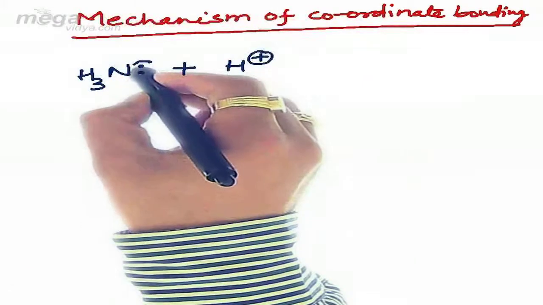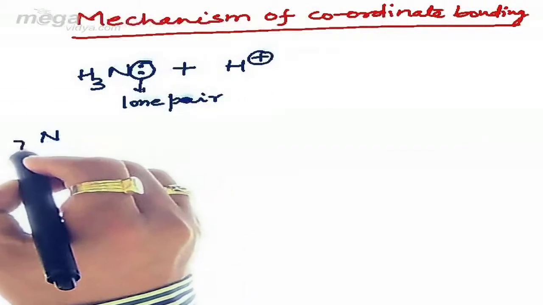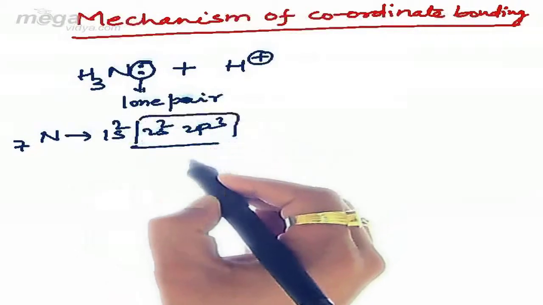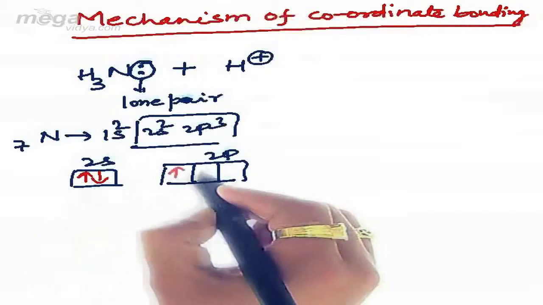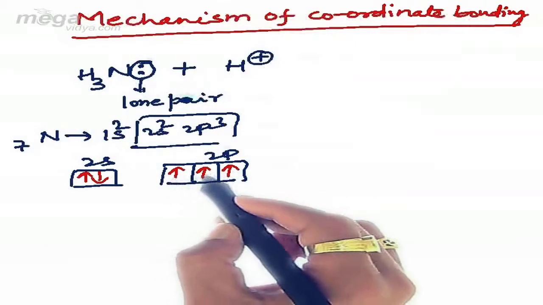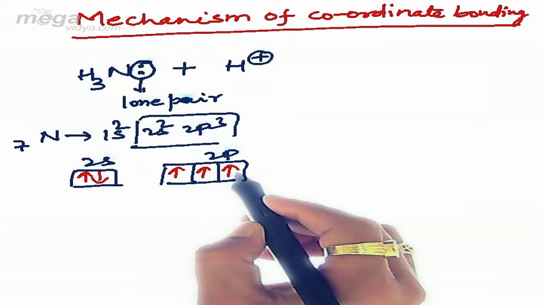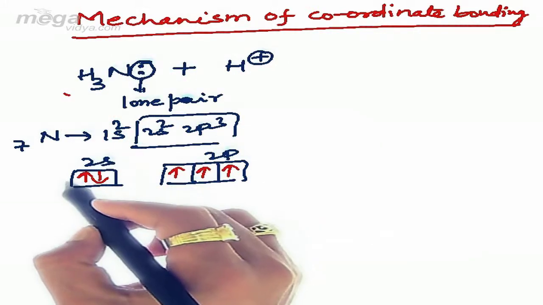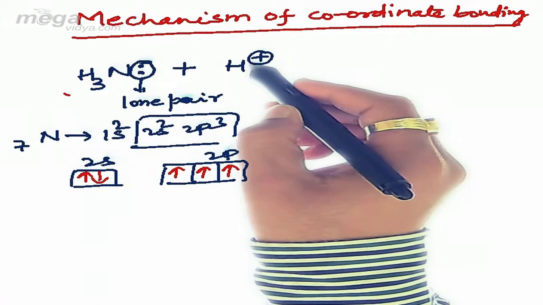Here the lone pair of nitrogen belongs to the 2s orbital. Nitrogen has an atomic number 7, configuration 1s2, 2s2, 2p3. 2s2, 2p3 is its valence shell, where 2s has a pair of electrons, and 2p has 3 unpaired electrons. Now we have discussed that the 3 unpaired electrons belonging to the valence shell of the nitrogen atom will undergo covalent bonding with these 3 hydrogen atoms. Means these 2 electrons, the pair of electrons, will be referred to as the lone pair, which will further undergo coordinate